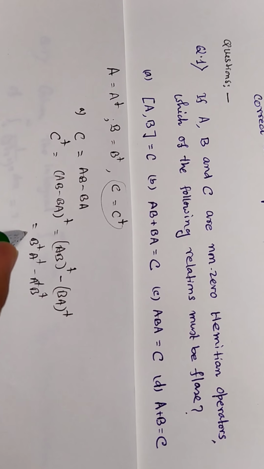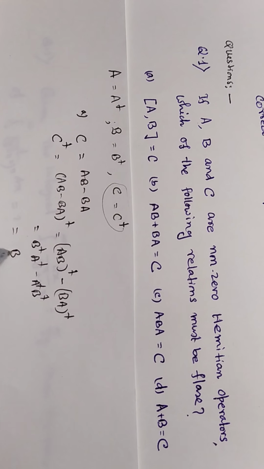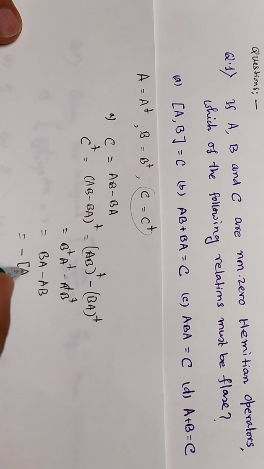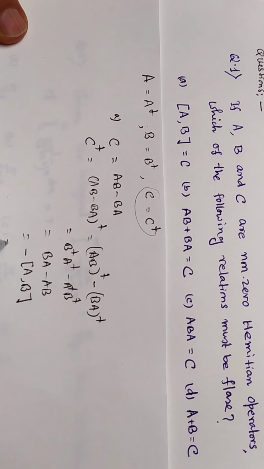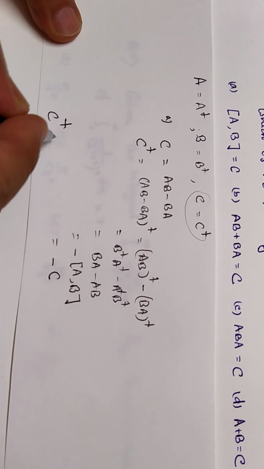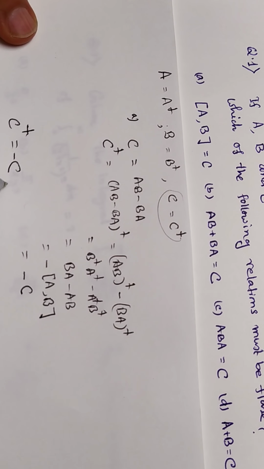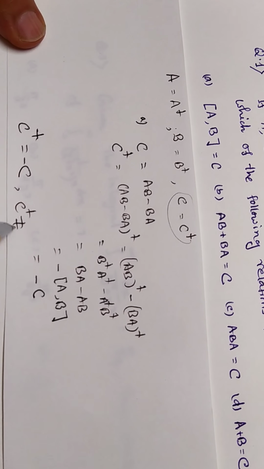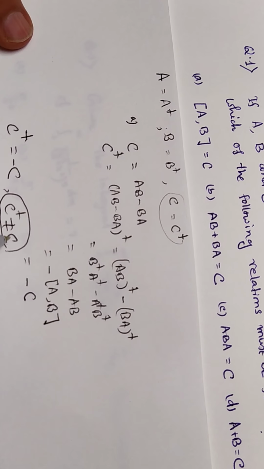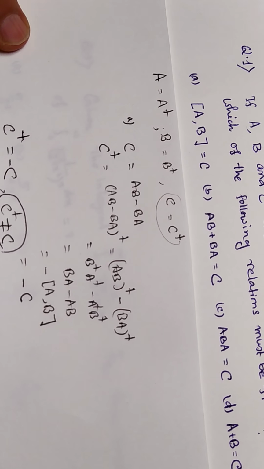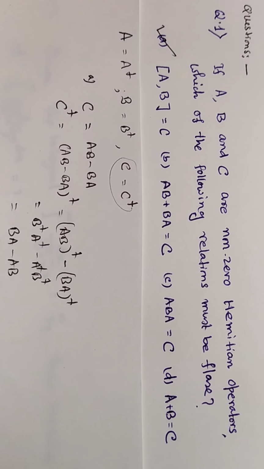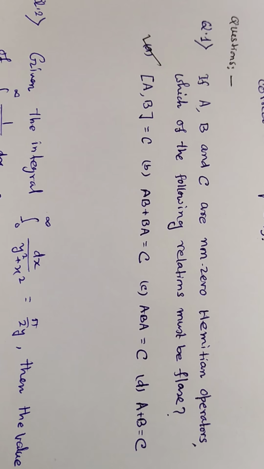Since A equals A dagger and B equals B dagger, this should equal BA minus AB, which is nothing but minus the commutator of A and B, equal to minus C. So eventually we find that C dagger equals minus C. That means C dagger does not equal C, and therefore in this relation C is not Hermitian, and therefore this is the false statement here. Then we move on to the next problem,